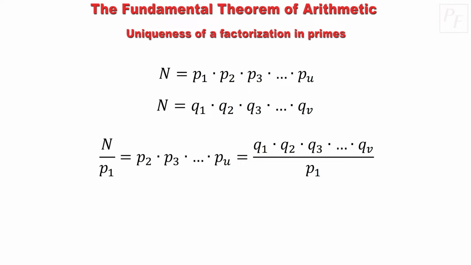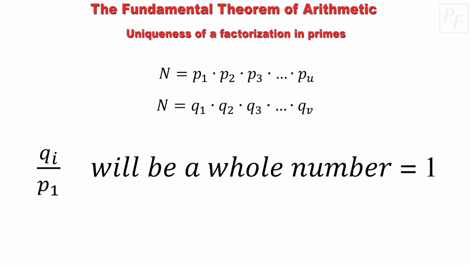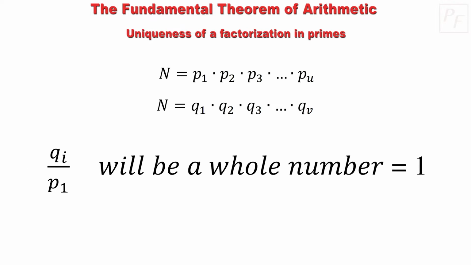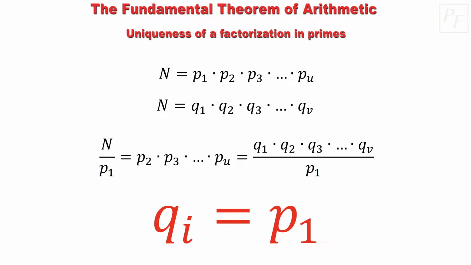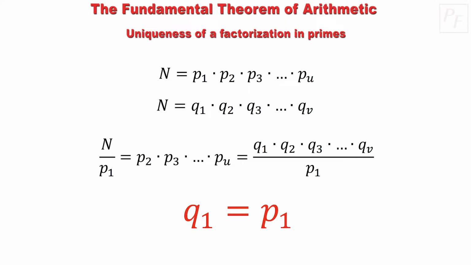Imagine that p sub 1 divides any one of them, which we will call q sub i. Then, since q sub i is a prime and p sub 1 divides it evenly, necessarily q sub i over p sub 1 is equal to 1, so q sub i is equal to p sub 1. If we rename q sub i as q sub 1 and the initial q sub 1 is renamed q sub i, nothing changes, and we conclude that q sub 1 is equal to p sub 1. So, we can write that